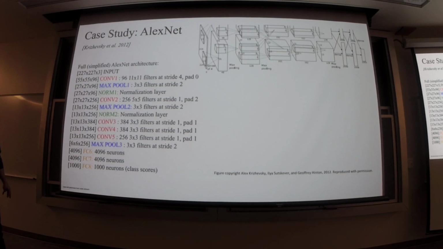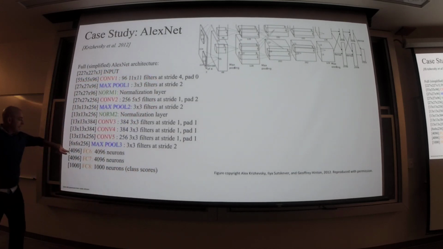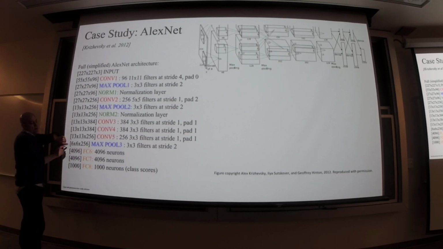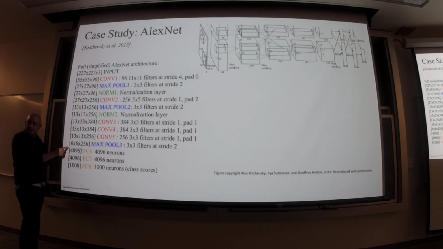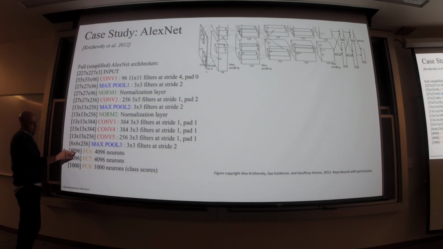Is there a fully connected unit? Oh, right, okay, sorry. This is the output size. So what's this number? 256 times 6 times 6? 9,216. Okay, so this tensor gets stretched out into a long vector, and then there's a fully connected layer from